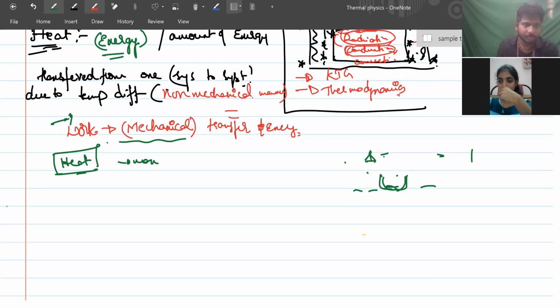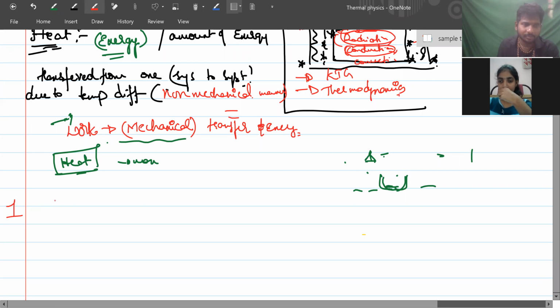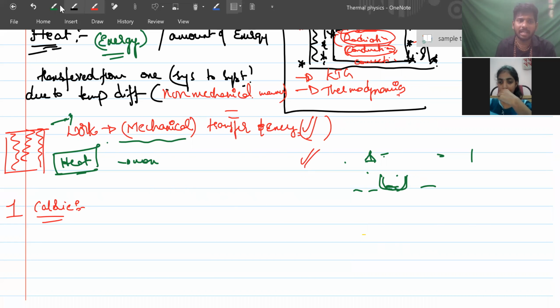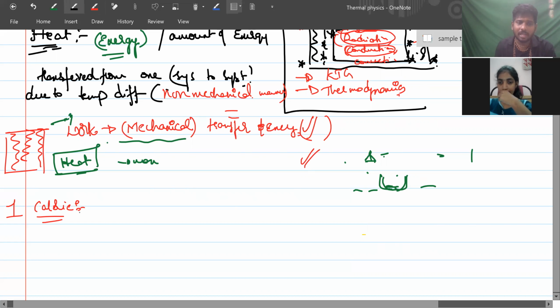Then, if you have clarity about heat, what is a calorie? Calorie is used to describe energy. Heat and work are relevant to each other because the unit of work is also a unit of transfer of energy, and heat is also a transfer of energy. That means their units can be related, because both are energies. Calorie is one of the units used for describing the amount of heat energy transferred. Okay. So what is the definition of calorie?